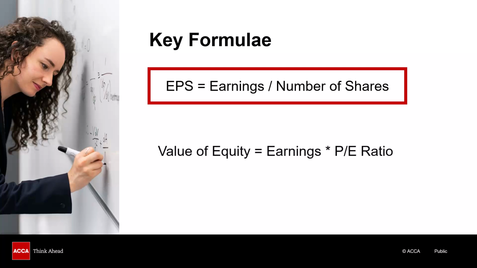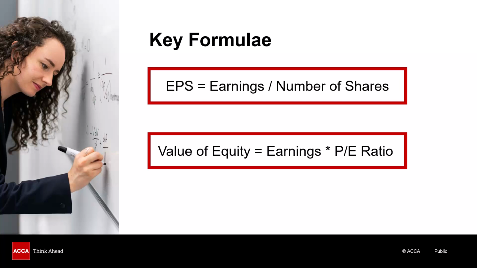When we're valuing their equity, we're also going to use this valuation method. So the value of a company's equity is their earnings times a suitable PE ratio. Now remember, that is quite approximate, so there is definitely some discussion there, a bit of skepticism around that whole method, assuming that the earnings are normal, and also assuming that the PE ratio is going to be sensible. But they are 2 formulae that will be really useful when we're doing these calculations.